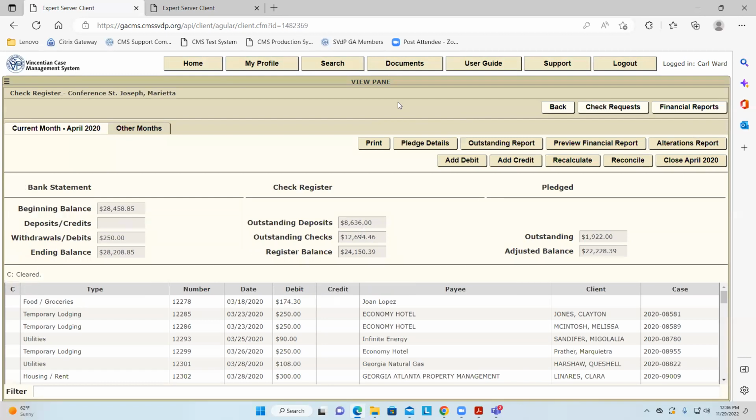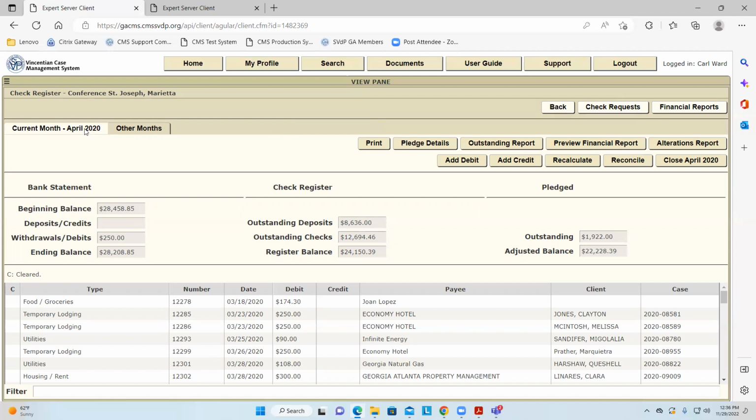We're going to spend a lot of time here because there's a lot to talk about, especially if you're not familiar with the check register. First, I want to give you a guided tour of the check register so you become familiar with it and how it's laid out. Then we'll get into specifically the functions that you can do here, the options that you have. So first, let's go here.